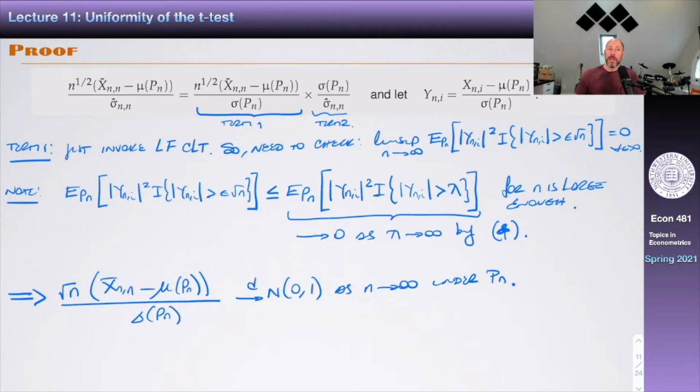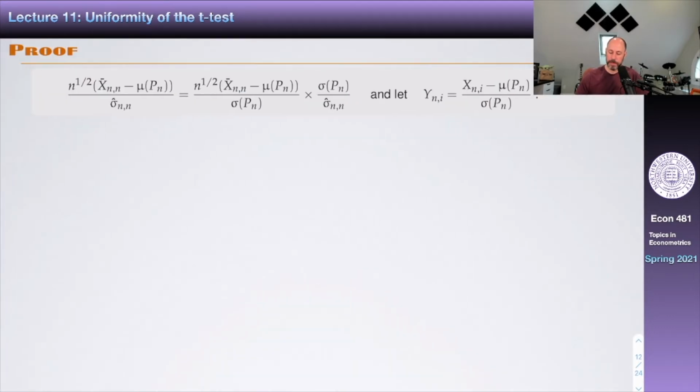So clearly all the action is going to be in this term, okay? Because the first part, term 1, just sort of trivially follows from the Lindbergh-Feller CLT, given that you have this uniform integrability condition. So now we can say this object here converges in distribution to a normal 0, 1, which is essentially what we want to prove for the main term. So it must be that this object over here is the one that converges in probability to 1. So to complete the argument,